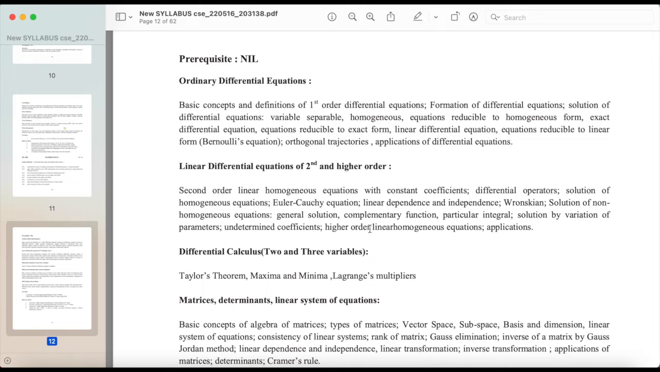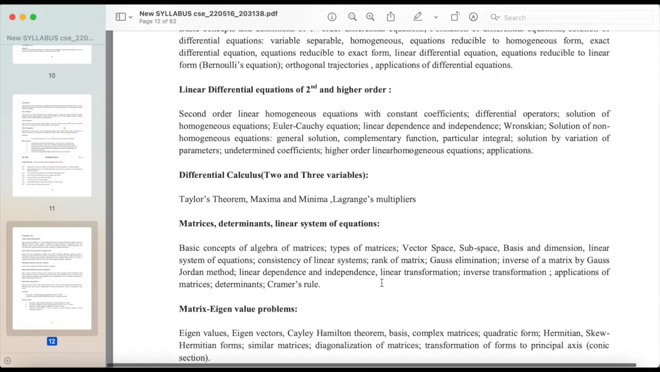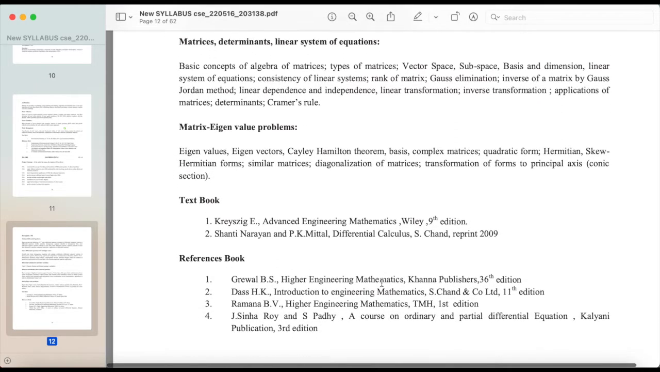system of equations: basic concepts of algebra of matrices, types of matrices, vector space, subspace, basis and dimension, linear system of equations, consistency of linear systems, rank of matrix, Gauss elimination, inverse of a matrix by Gauss-Jordan method, linear dependence and independence, linear transformation, inverse transformation, applications of matrices, determinants, Cramer's rule, matrix eigenvalue problems, eigenvalues, eigenvectors, Cayley-Hamilton theorem, basis,